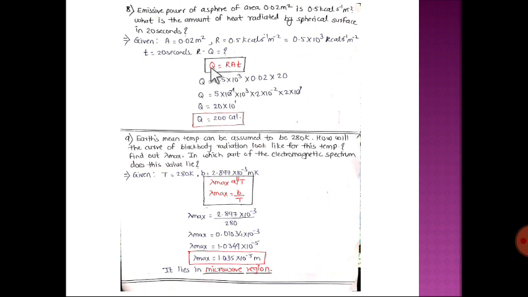Okay, so as we know, the formula for Q is RAT. So let us substitute all the values over here. So we are getting Q as 200 calorie. So this is for 2 marks. It can be asked for 2 marks as it is only one step forward. 1 mark for formula